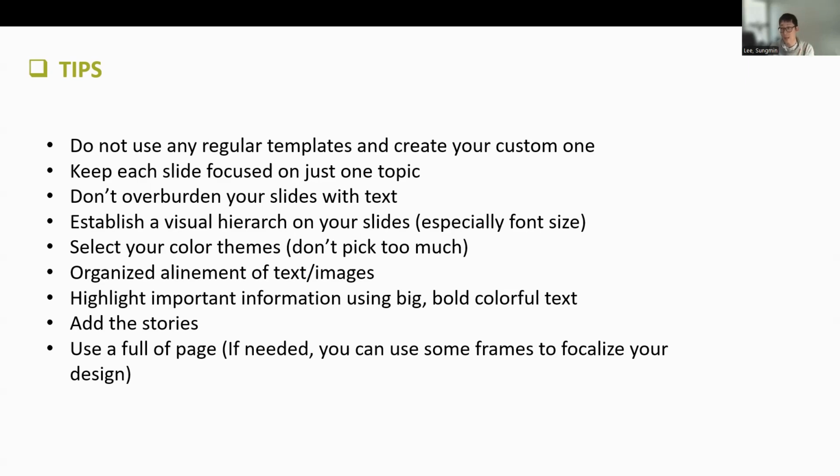organize the alignment of text and images. Even when we did Illustrator, we added the ruler and guidelines to make the right kind of alignment. Like that, we should do. But in the PowerPoint, I saw a couple of students just randomly arrange the full text